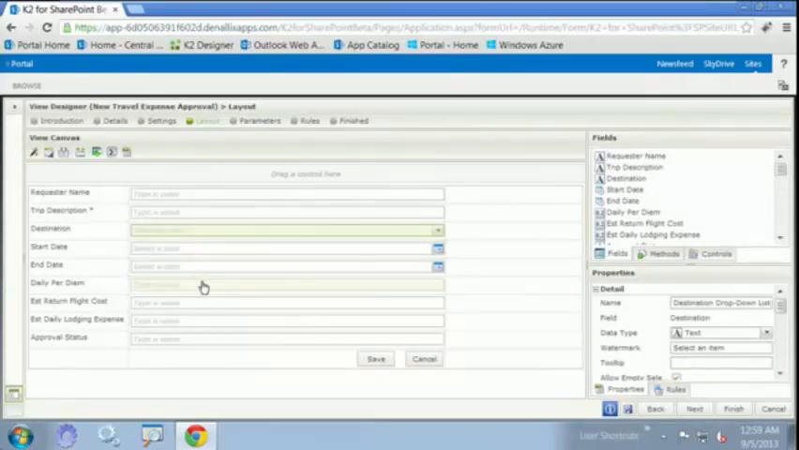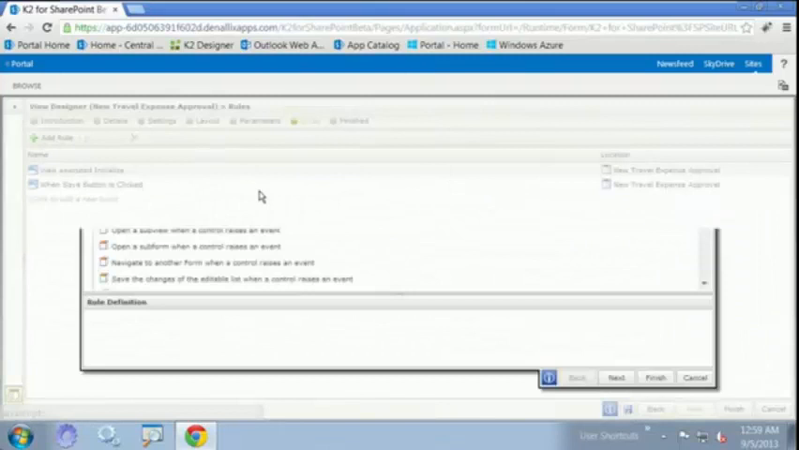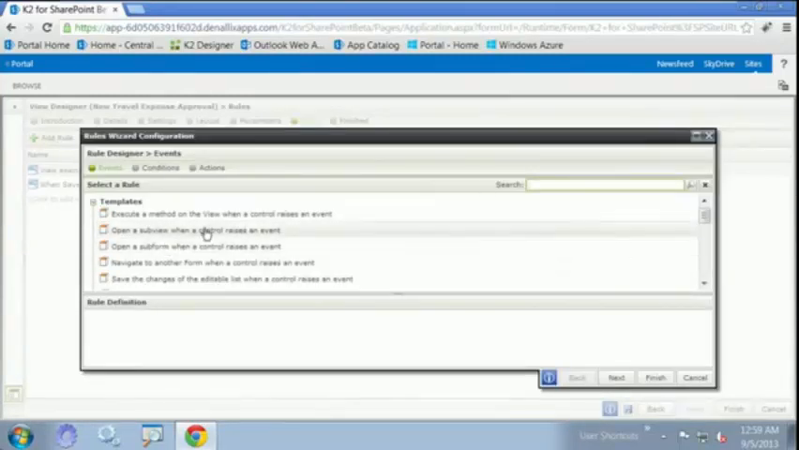Now the daily per diem, the flight cost and the expense for lodging sits in the expense database as well. So when we actually select a destination, we want to go and do a load from that expense database and populate those boxes just to get some automation into the system. So the way to do that is to actually go and add a rule. And we can say when